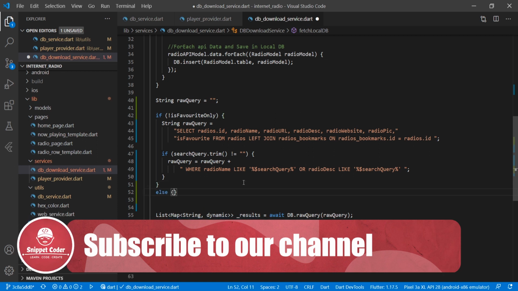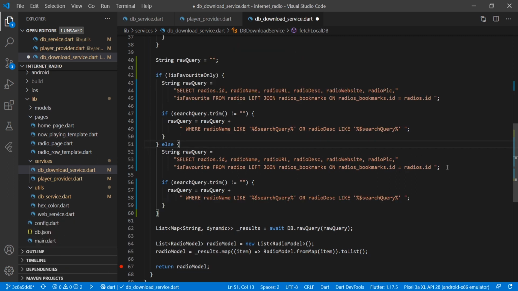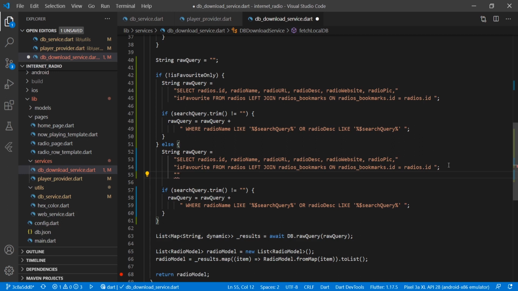In the else condition, if it is a favorite only screen, then we will pass the where condition, where isFavorite is equal to 1. And here in the search query we have to remove that where, and we have to add and, and the rest of the query is the same.